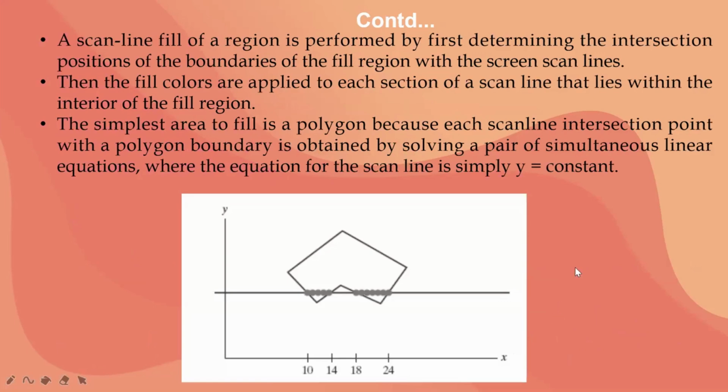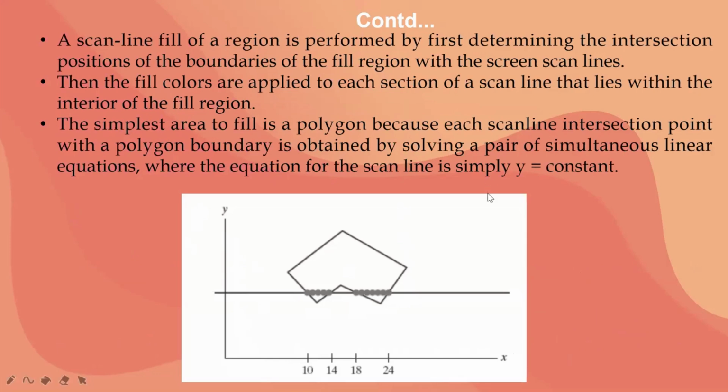Now you can see I have one region over here. I just told you about the square box, so now consider one more polygon placed in this x and y coordinate system. If you want, you can write along with my explanations. This is the whole set of notes of the scan line fill algorithm.